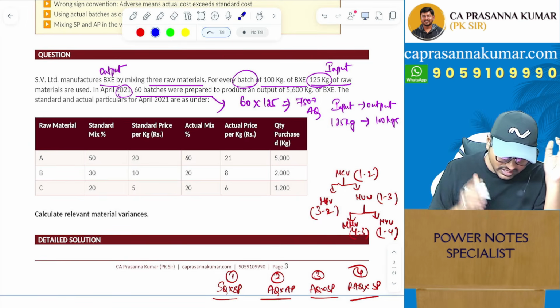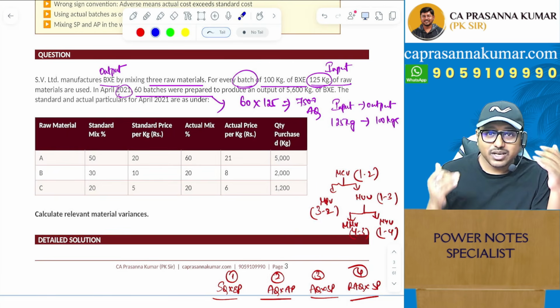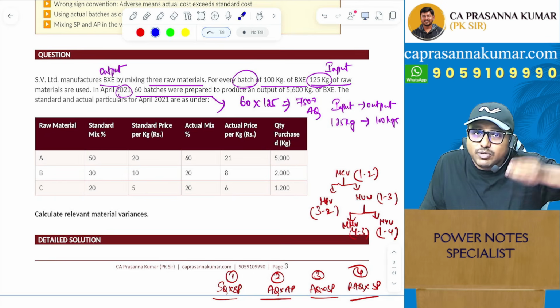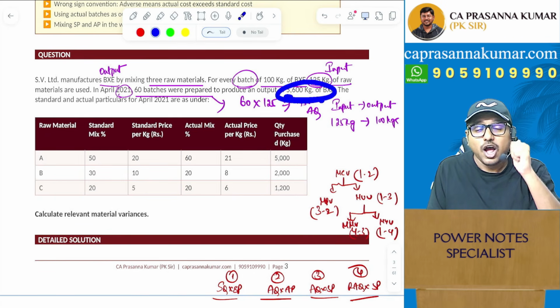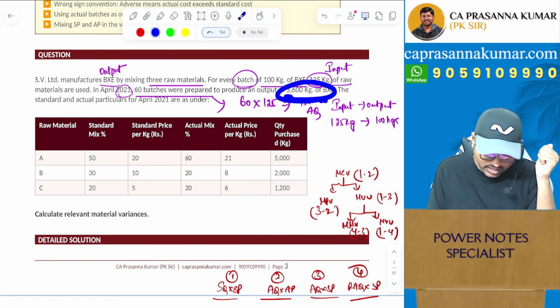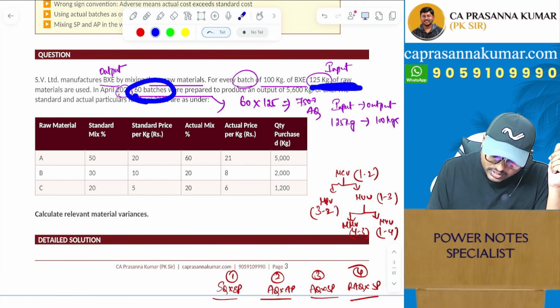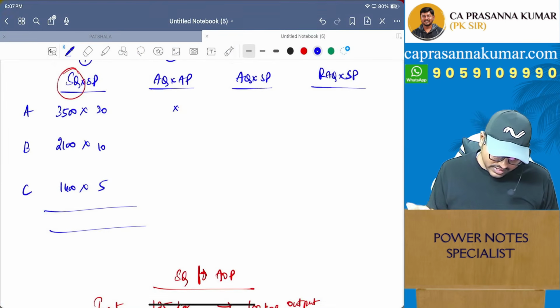That's the reason at the beginning itself I said BXC is output, okay? I'm talking about input. We are talking about material variances. When I say actual quantity of input consumed, so for 5600 kgs of output BXC, how much is the actual quantity of input that has been consumed? 60 batches of input were consumed. Each batch of input has got how much kg of raw metal? 125 kg. Therefore, 60 batches into 125, 7500 is your actual quantity,